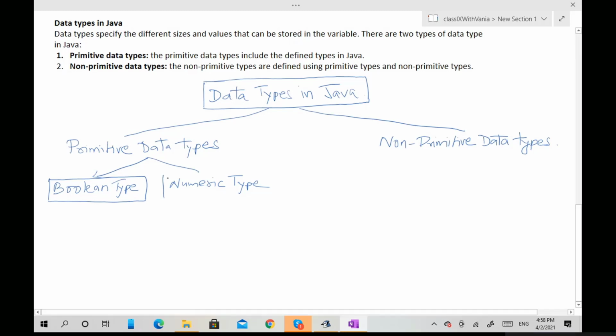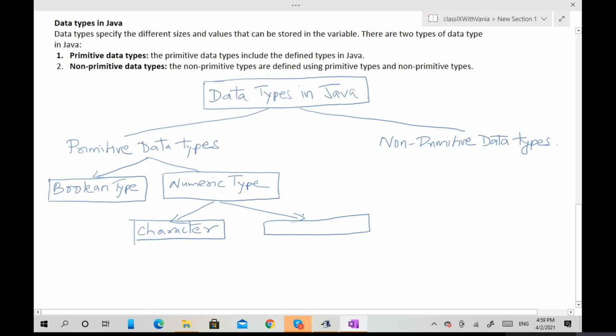A numeric type is divided into two types. One is called character type, and another one is number type.